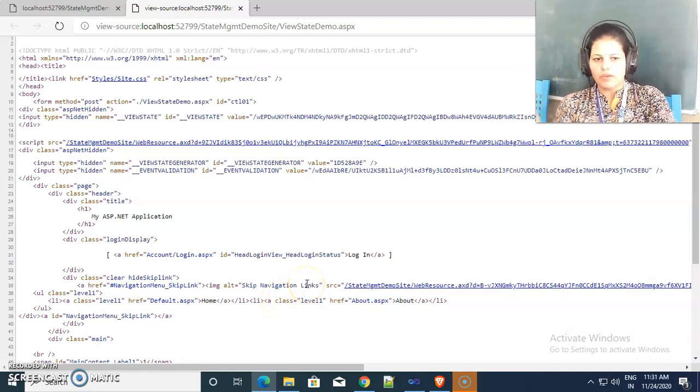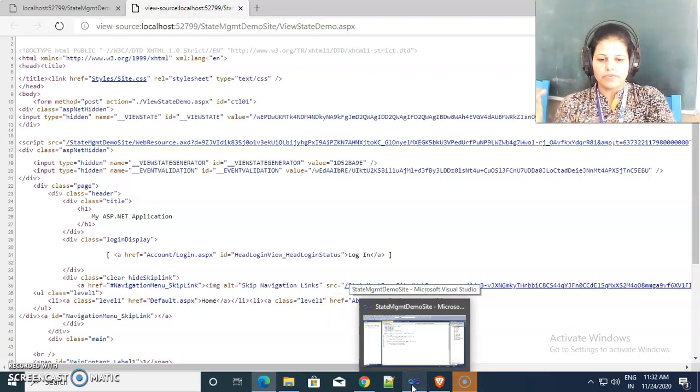So the server processes our request and sends the resulting page, which is the HTML page, to the browser, which the browser understands. Whatever the browser understands, only that particular response the server sends back to the client machine.